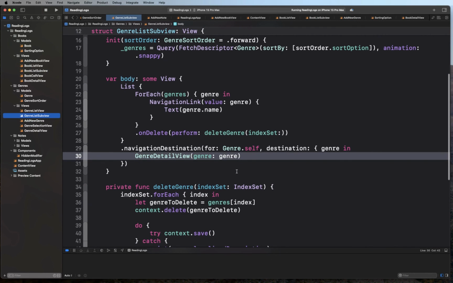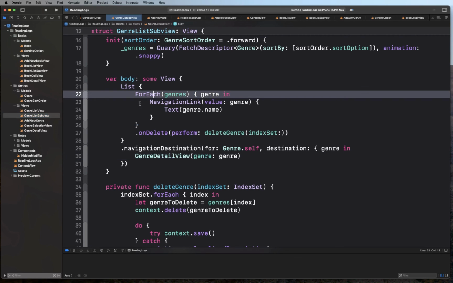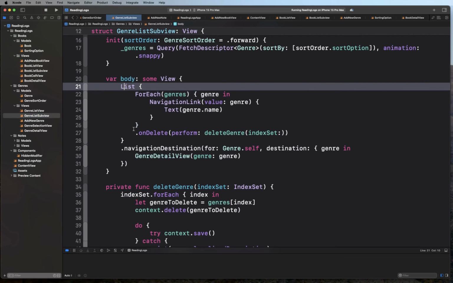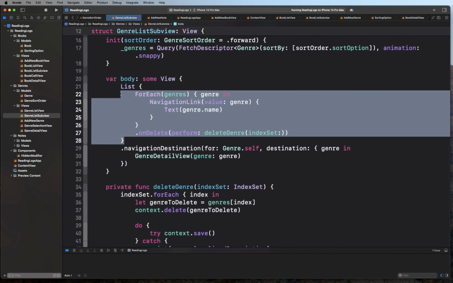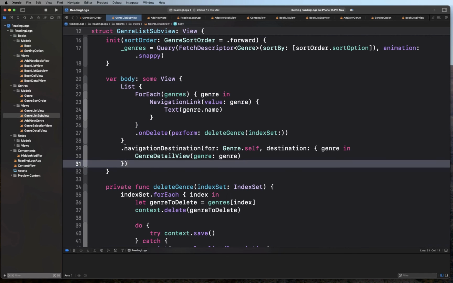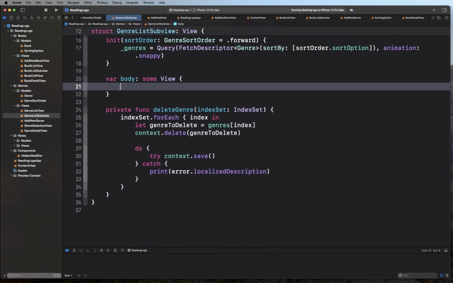We're going to do the same thing where we simply wrap this list view inside a group. Actually, we can put the whole thing inside the group. So group,